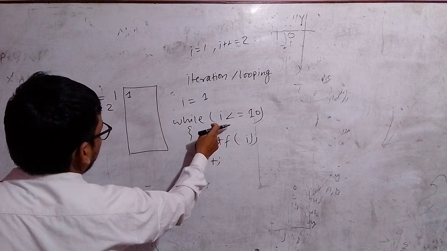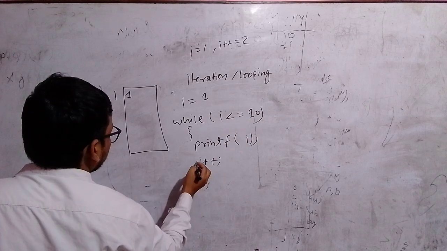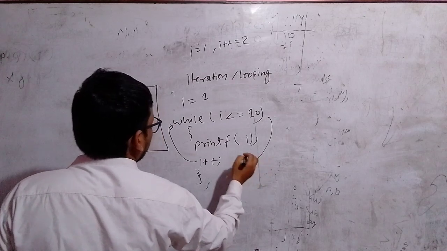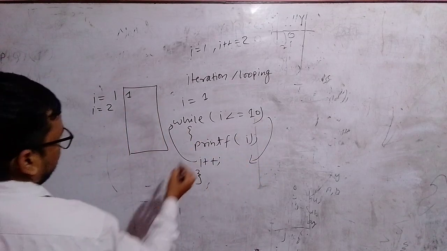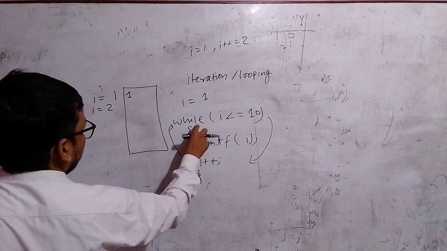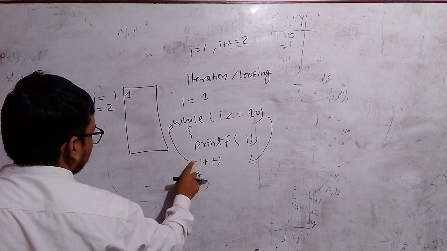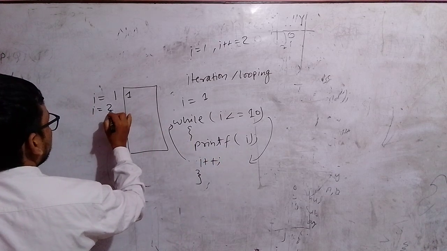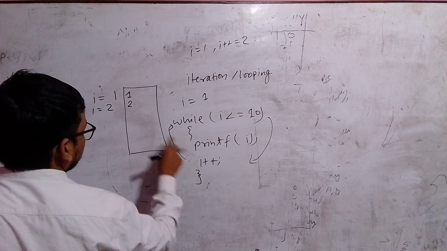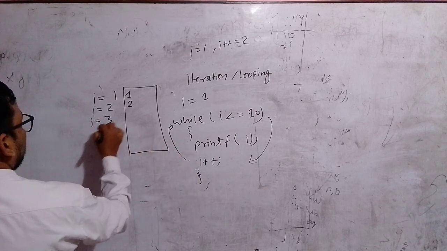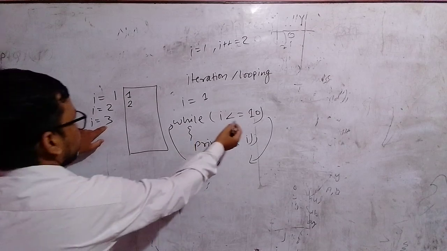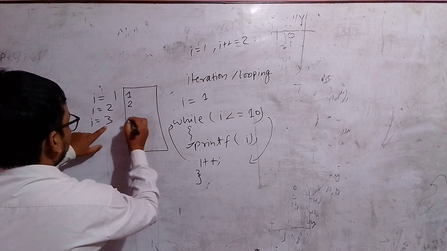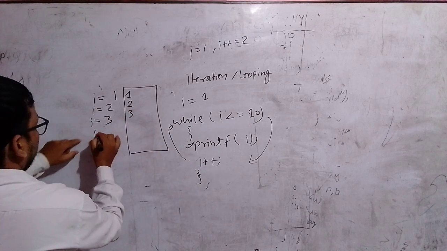Now again it checks whether 2 is less than 10. After executing this, control goes here. Now there becomes a circle in this way. 2 is less than 10. True. If this condition is true, then the block of the while loop will execute, and printf I, the value of I is 2. 2 will be displayed on the screen, and I plus plus makes I equal to 3. 3 is less than 10. Yes, true. If this is true, then control goes here. Print I, 3, I plus plus, I is equal to 4,